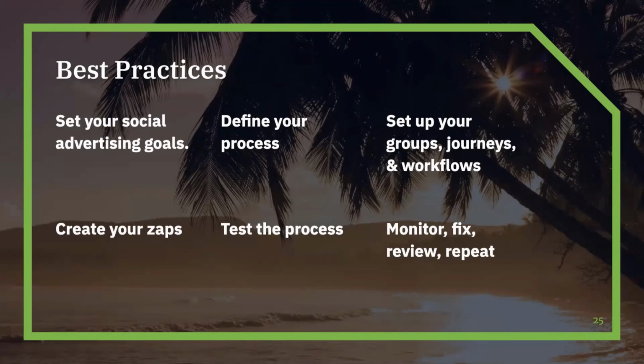Define your process. Just like I showed you, I have a very specific process that we go through. If they come in through social media, they're connected through Zapier, they're added, they trigger a specific workflow, they get a campaign ID, they get a lead type, user field, and then they trigger a journey, which then puts them into the appropriate group. So define what your process looks like. Don't just put them into a large bucket with everyone. Understand how you want to differentiate those leads, and draw it out. Really think about what that process is.